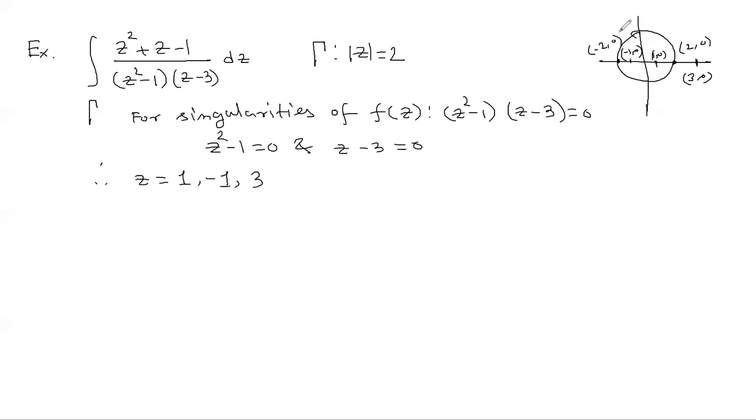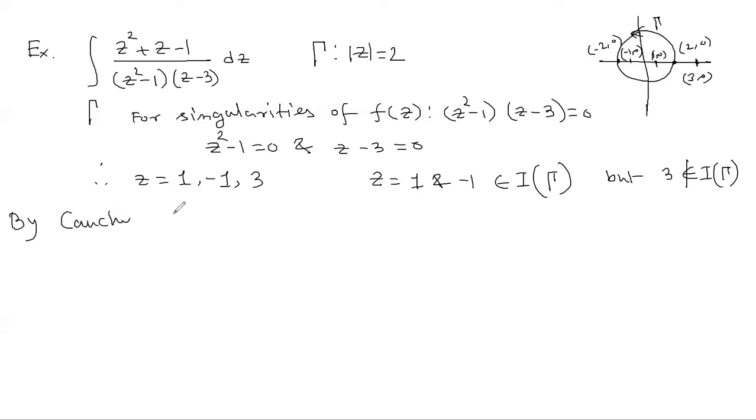Here we can see only z = 1 and z = −1 are situated in the interior of gamma, and the point 3 is situated over here. So we'll not consider 3 because 3 does not belong to the interior of gamma. So if we use the Cauchy residue theorem, by the Cauchy residue theorem we have